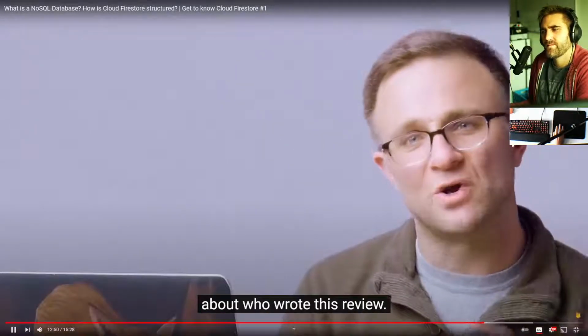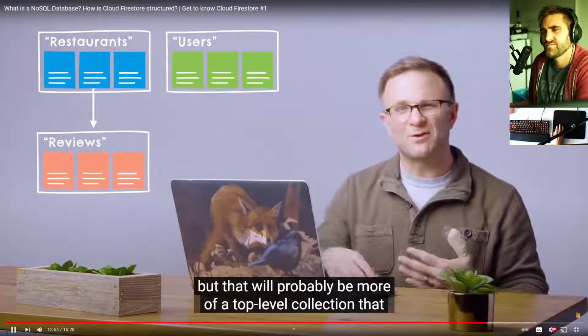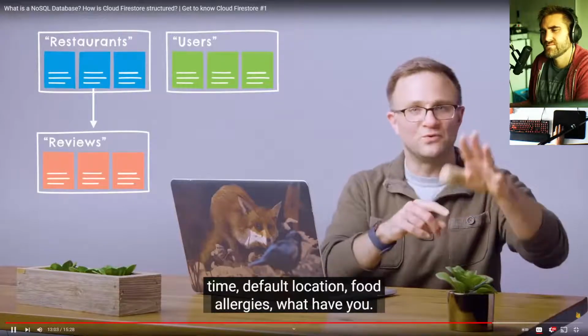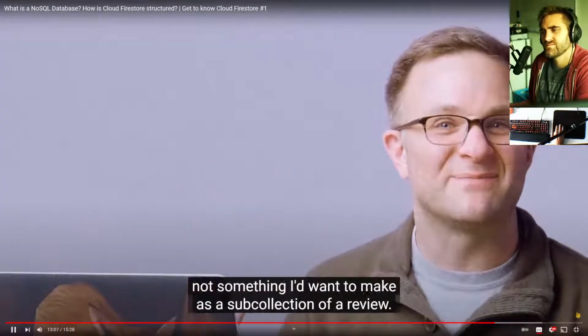But then we're also going to want information about who wrote this review. Now I'm pretty sure our app will have some kind of users collection, but that'll probably be more of a top-level collection that would contain all sorts of information about that user, like their name, their user profile, last login time, default location, food allergies, what have you. And this really does feel like a top-level object, not something I want to make as a sub-collection of